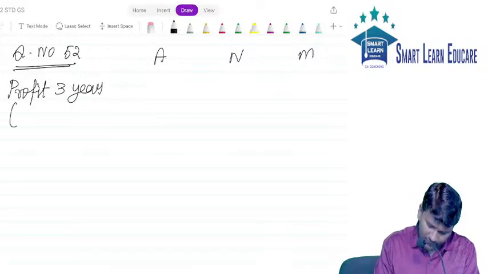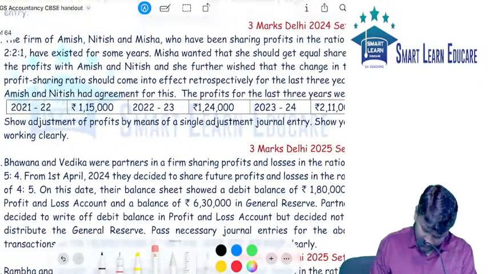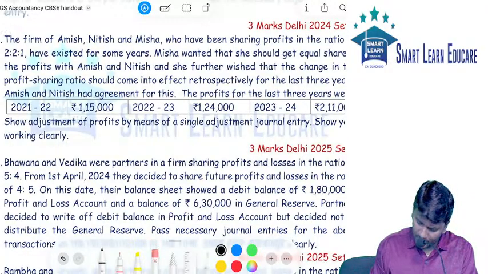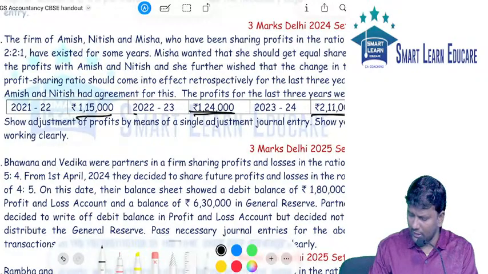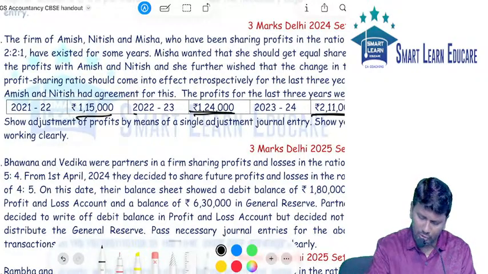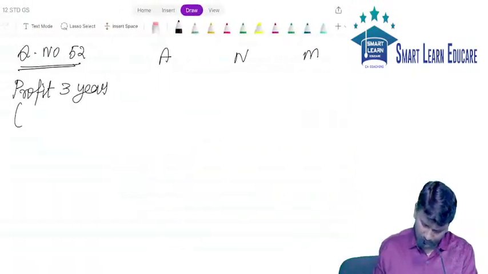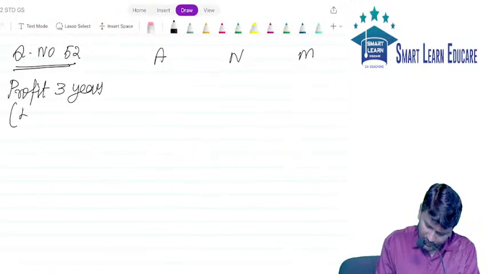What is the profit of 3 years? First year's profit 1,15,000, second year 1,24,000, third year 2,11,000. So the total profit of 3 years is